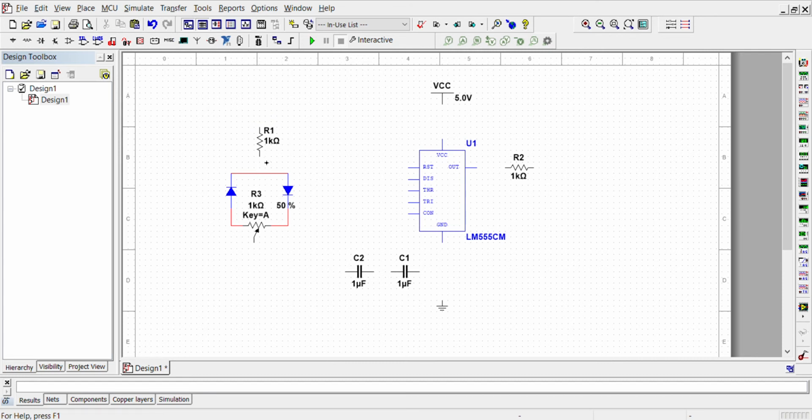Now make a connection like this. Connect your DIS pin with this one. Now connect this one with VCC, connect this VCC here, connect this reset.